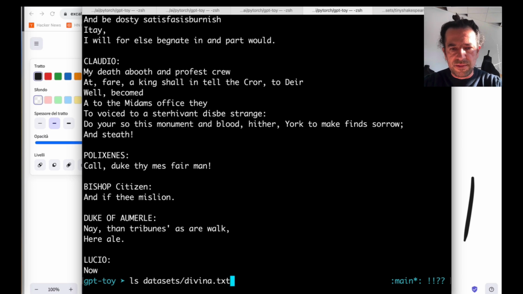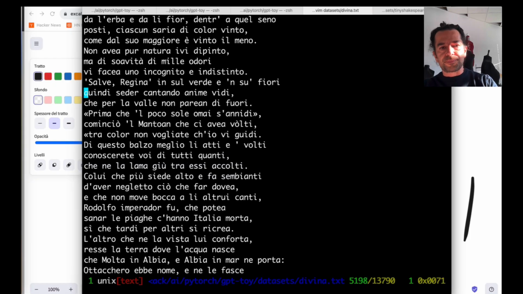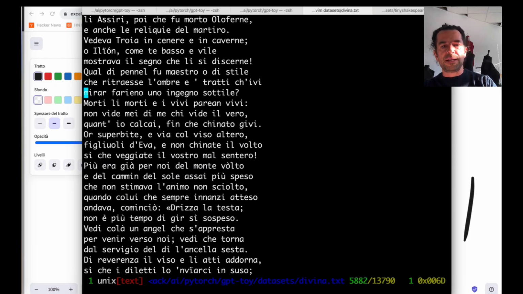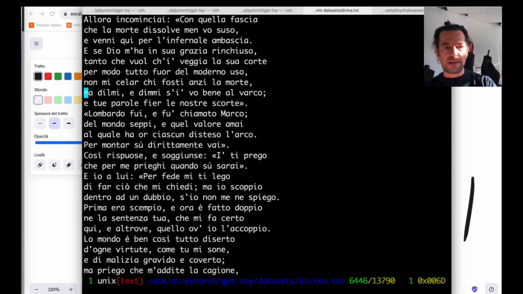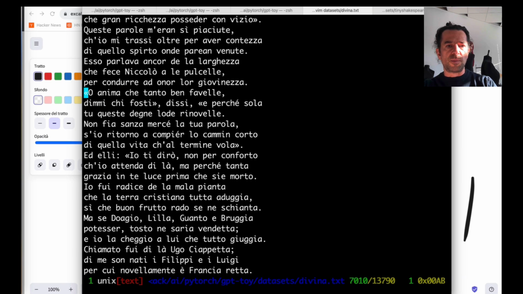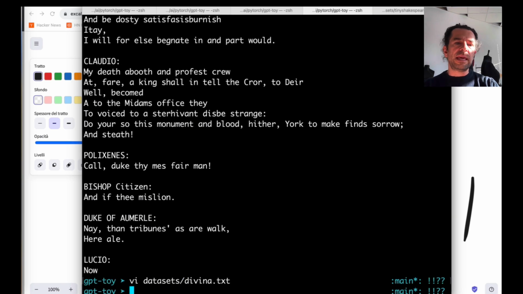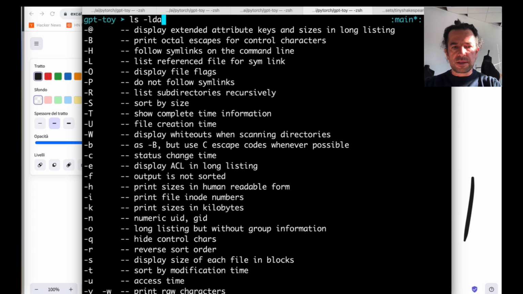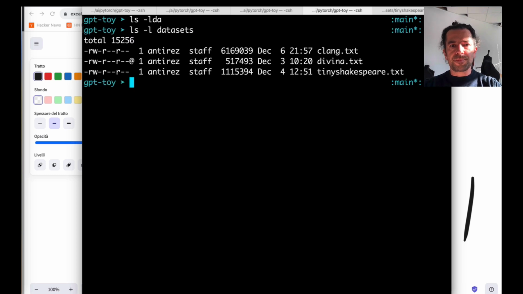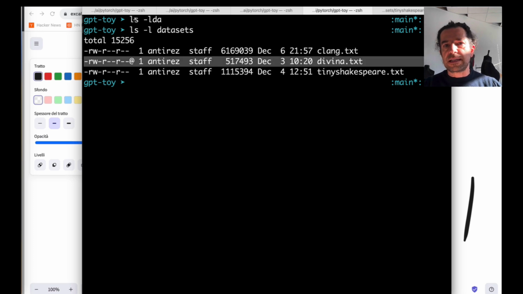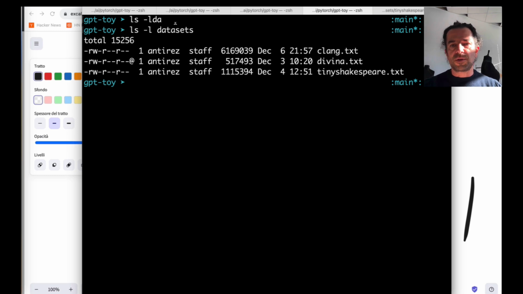Okay, I hope this was somewhat interesting, and if you want, you can download the code and train it against the Divina Commedia of Dante, and you will see that the performance will be much different. The loss that you can achieve will be lower because the dataset is smaller, so the network can specialize better on the vocabulary which is contained inside, and so forth.